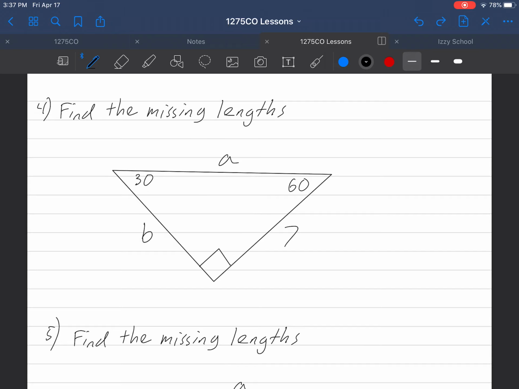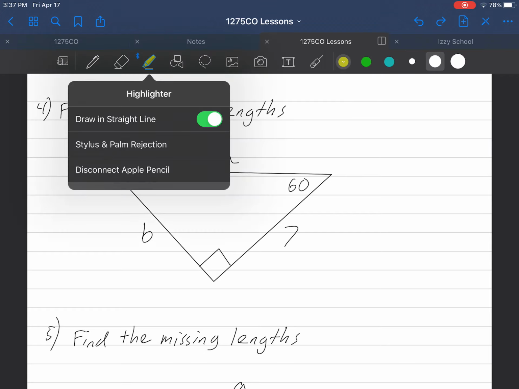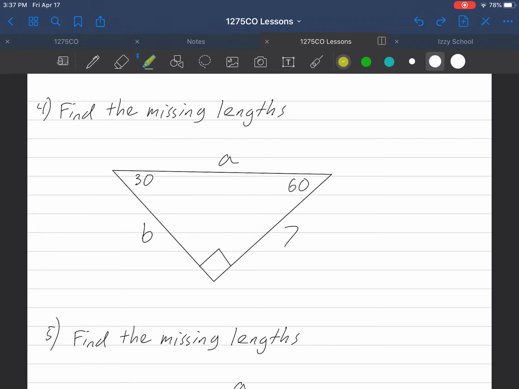So you can take your finger, put it on the 30-degree angle, like you can imagine I'm doing right here, and then draw a line over to the opposite side of this triangle, the other side, and that is going to be the opposite side. So it's equal to 7. And based on this side equaling 7, the hypotenuse is going to equal